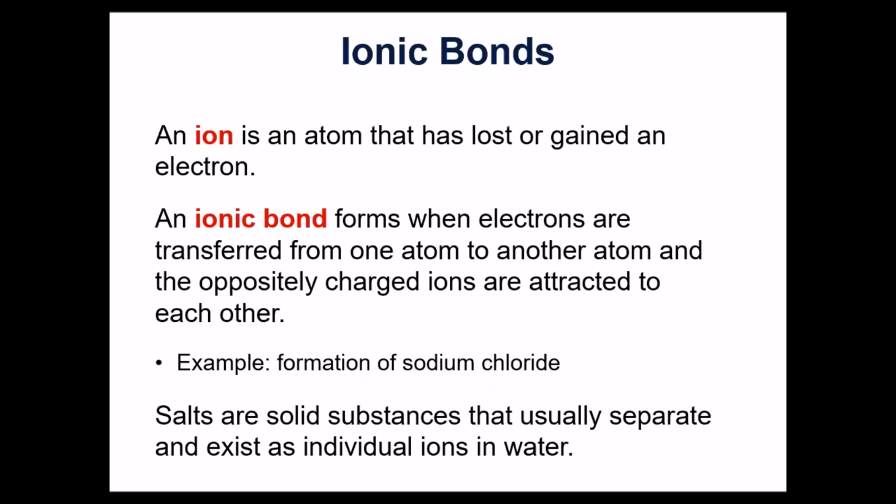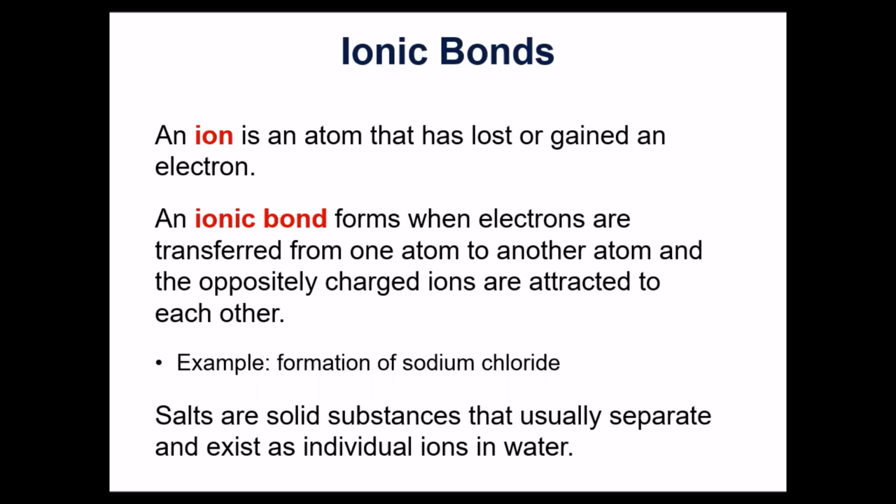I've been talking about having neutral atoms, but what happens if an atom either loses an electron or gains an electron? It forms what's called an ion. It has now a charge associated with it. If you lose an electron, you lose some negativity, and so you're going to have a positive ion. That's also known as a cation. If you gain an electron, you gain some negativity, and so you'll have an overall negative charge, and so that's a negative ion. That's called an anion.